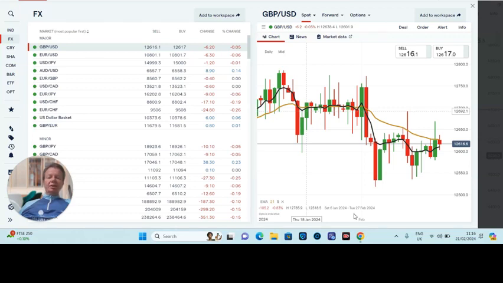Okay, so this is how I like to trade Forex. I'm based in the UK and I like to trade Forex via a spread betting account. It's just always the way I've done it over the last 10 years, and I just find it the easiest way to trade Forex. But a lot of the principles and strategies I'll be showing you can be applied to